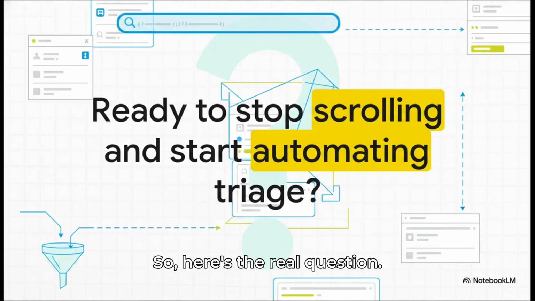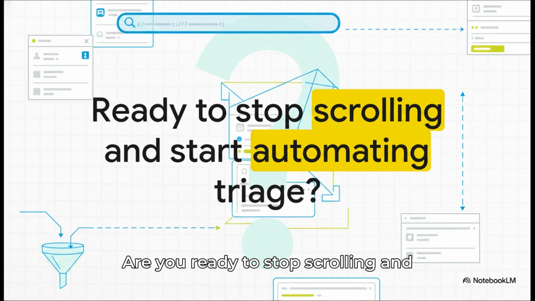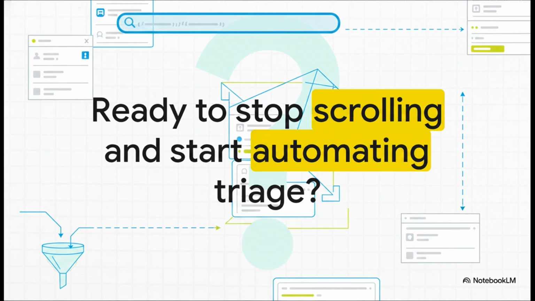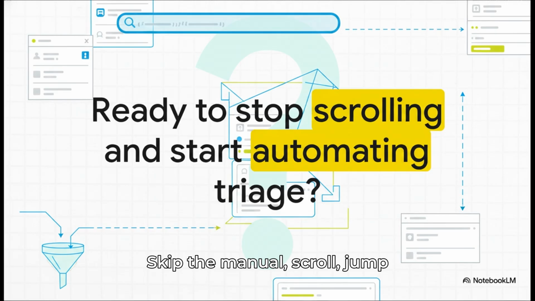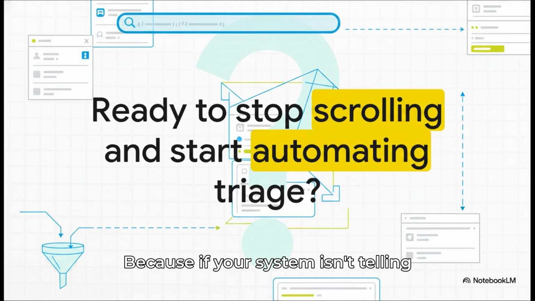So, here's the real question. Are you ready to stop scrolling and actually start automating your triage? The next time you open Jira, I challenge you. Skip the manual scroll, jump straight over to the Advanced tab, build your very first JQL dashboard filter, and literally take back your morning. Because if your system isn't telling you what to prioritize, you're just wasting your most valuable